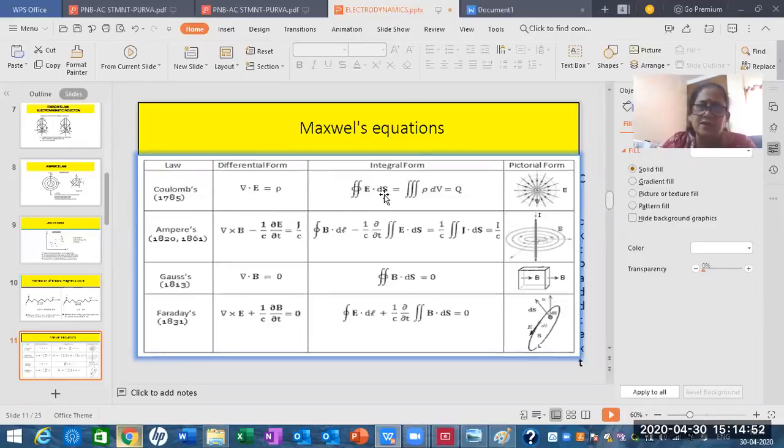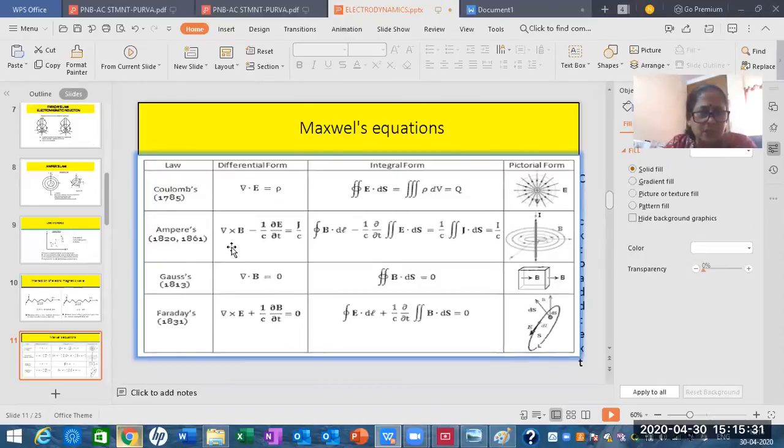So if dS is large, that is if you take this as dS small element, if you go on increasing it, it will become an envelope here. You can see here, this will become an envelope. So that envelope is called as a Gaussian surface. So that's why the law comes here, Gauss law. Okay. So Gaussian surface is a symmetric surface about the charge. If the sphere covered is larger, the number of lines passing through it is more. So as a result, electric field is more. That's what it wants to say. Okay. So dS plays a very important role.